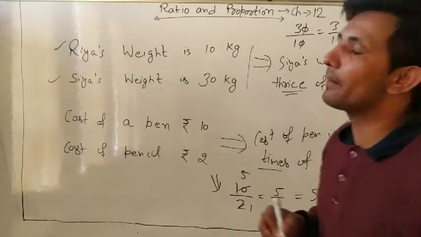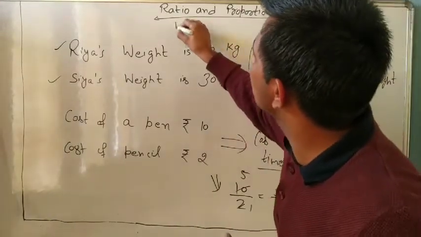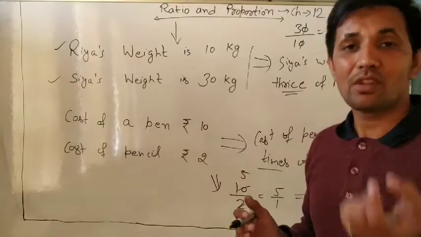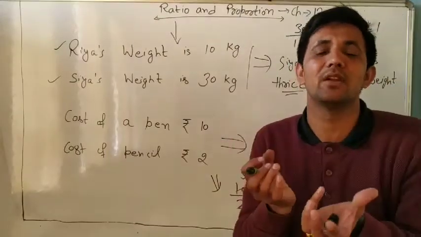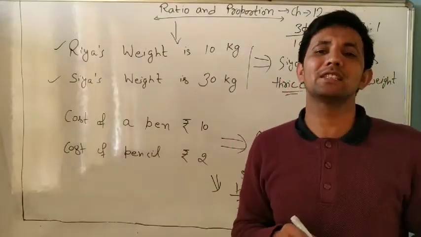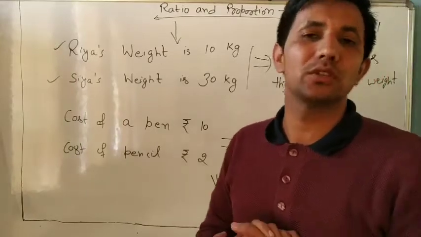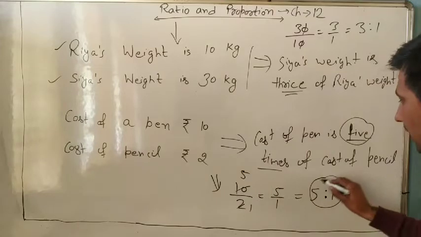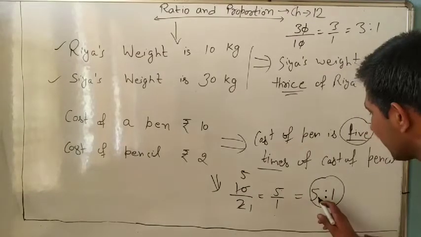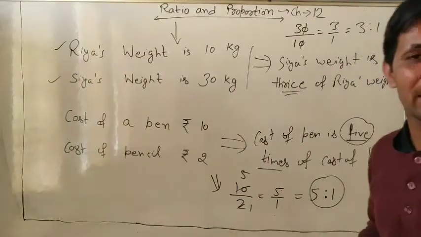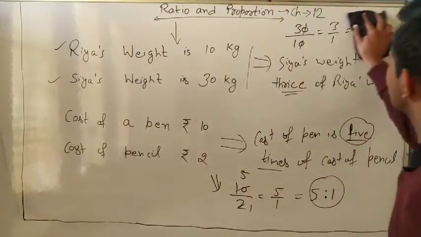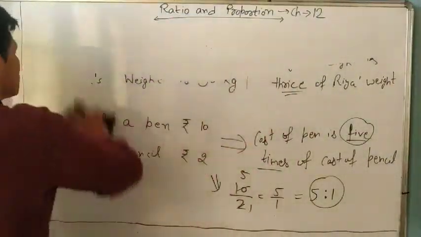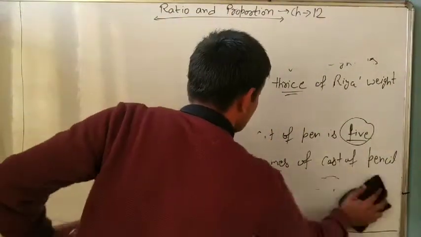So always remember the meaning of ratio. Ratio is a comparison. When we compare two things, it is called a ratio. Understand or not? And we denote ratios by this. First we write in division, then we write 5 ratio 1 like this. Understand or not? These were two examples. So now write what is ratio.